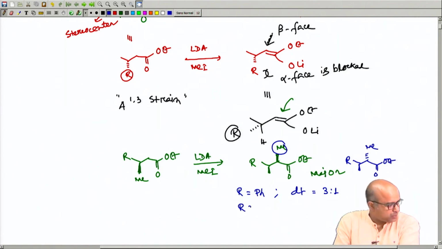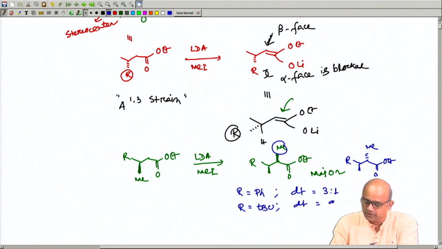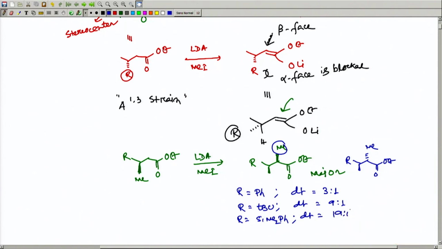You put a bulky group like tert-butyl, the diastereomeric ratio seems to be again good, 9:1. Further bulky group, and in this case if you have a silicon containing group dimethyl phenylsilyl, the diastereomeric ratio seems to be 19:1. So, this is a pure